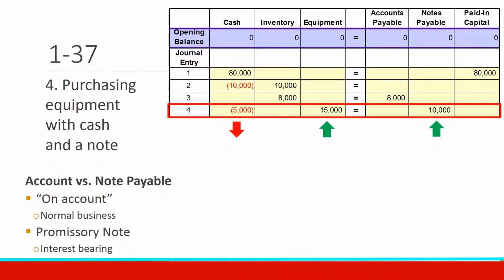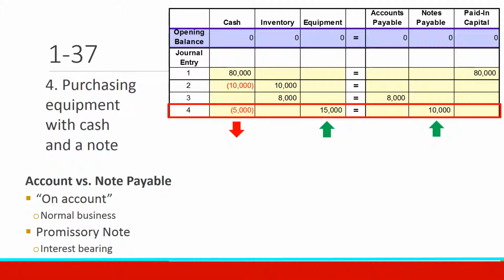A frequent question that arises is what's the difference between the accounts payable that we saw in activity number 3 and the notes payable that's being used in activity number 4. In the case of an account payable, that word account comes from being on account, that you're providing credit to someone, often for a normal business purpose, and the underlying transaction is a normal business transaction that will be paid for quickly in a short-term period, and there's not a particular focus on there being some sort of interest associated